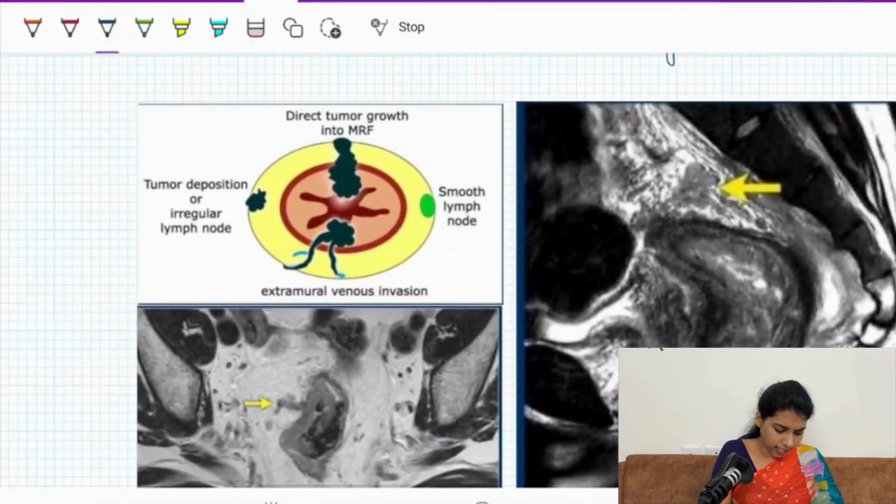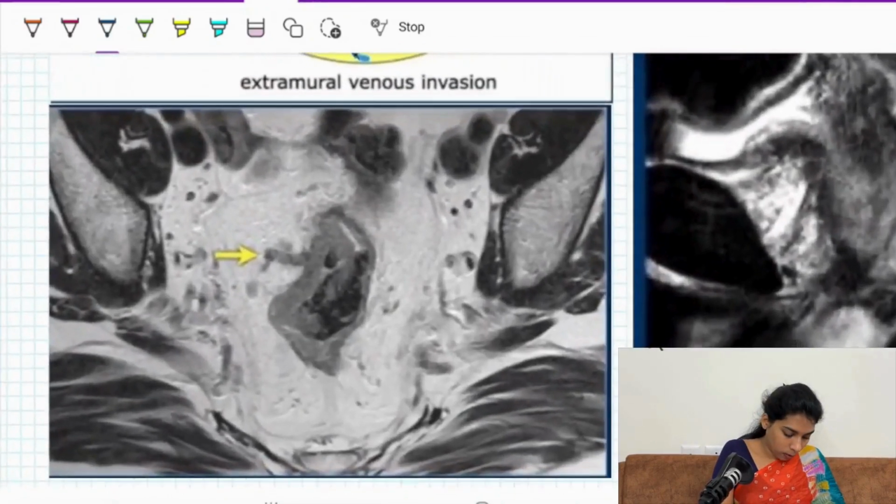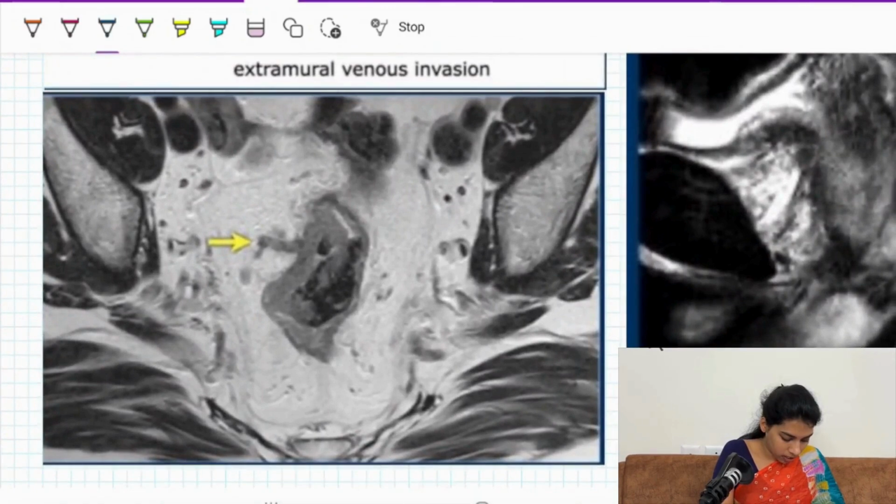You can see that the tumor is typically sitting within the rectum, but however the tumor signal is extending along the vessel, guys. We'll see at this example also, you can see that there is a tumor signal which is extending along this vessel and it is very tubular in nature. So whenever you're seeing this appearance, you call it an extramural vascular invasion.